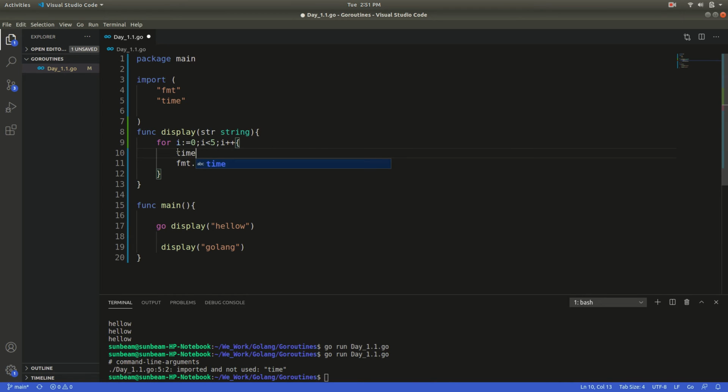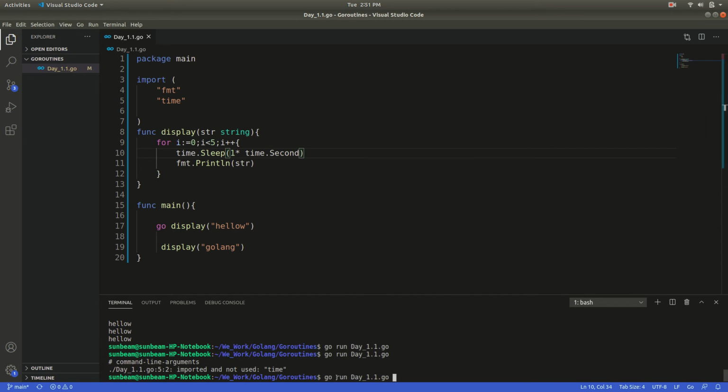Okay, time dot sleep, we sleep this. Time dot second, then print.